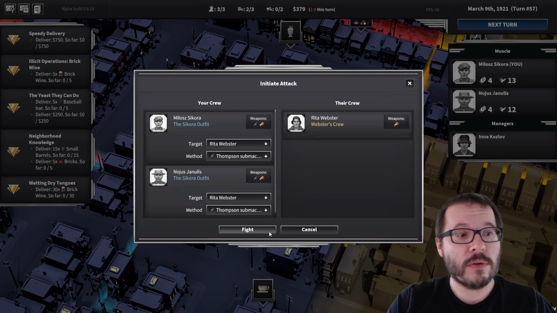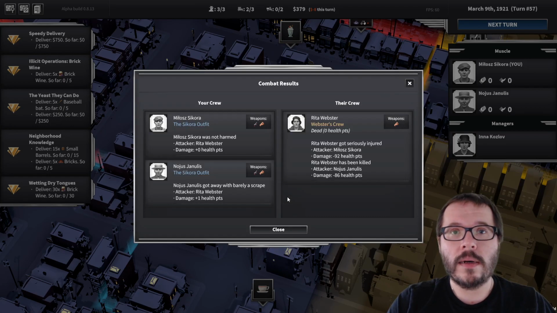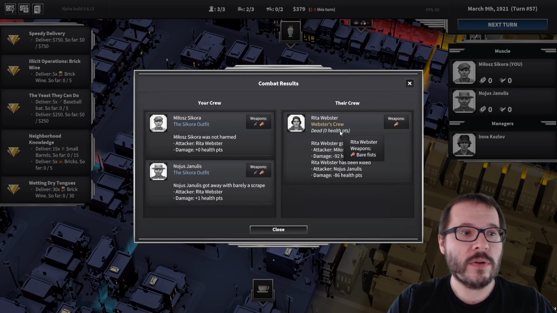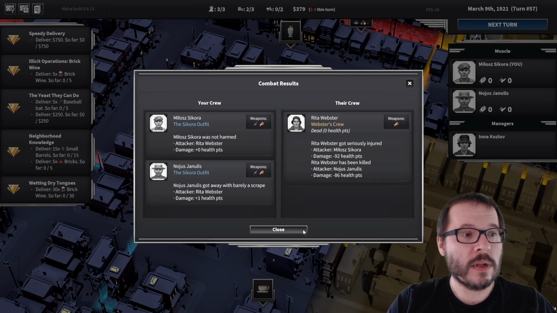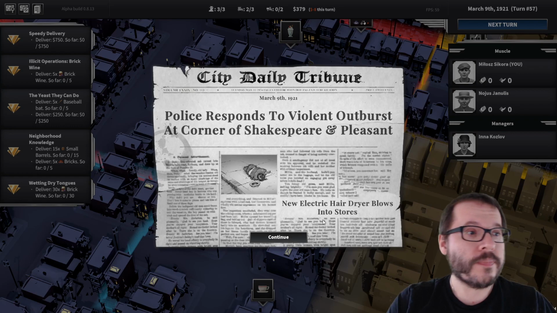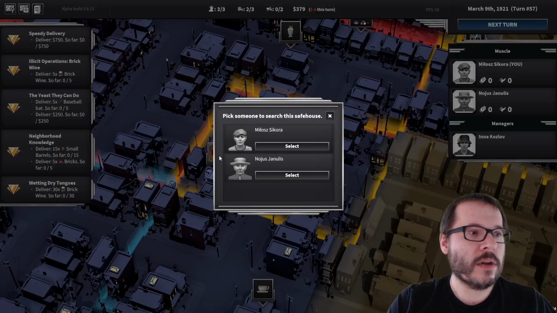And this is exactly what's going to happen right now. We initiate that, and the outcome immediately is we kill poor Rita. Her health goes down to 0, and that's a function of how strong the weapon is. The Thompson submachine gun is really difficult to find, but it's incredibly powerful. We should get off of this corner quickly because police is going to get there right away. But before we do, we can go and